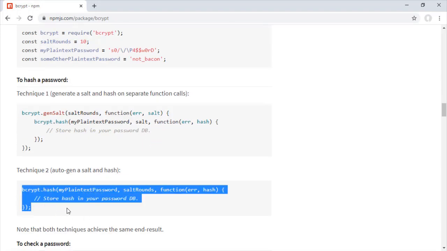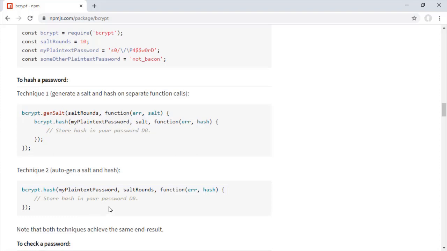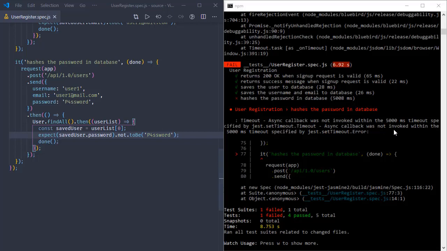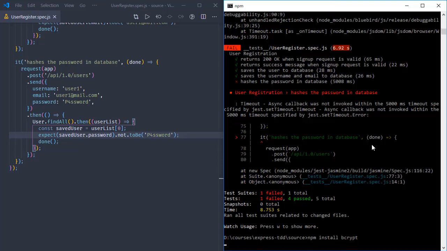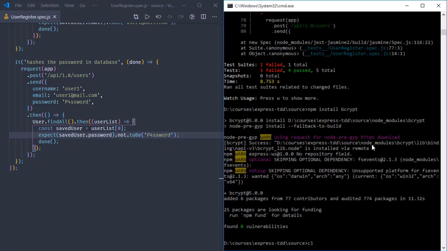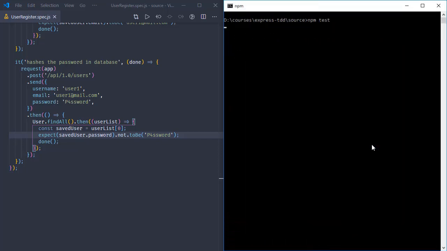So here, this is how we are going to hash it. So first we have to install this one. Killing the test console, running npm install bcrypt. So let's run the tests again, and we are going to implement the bcrypt